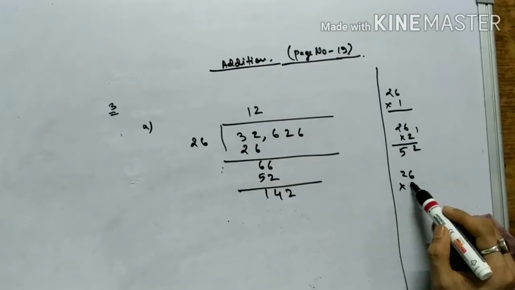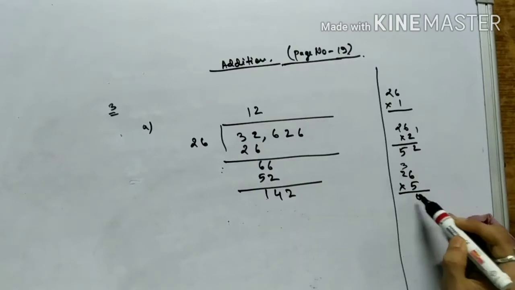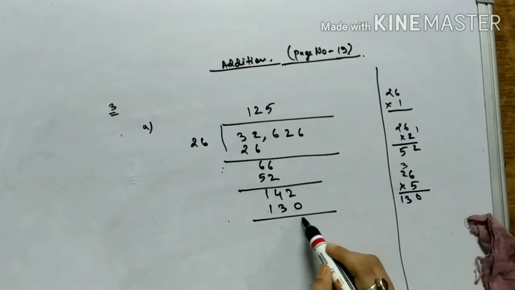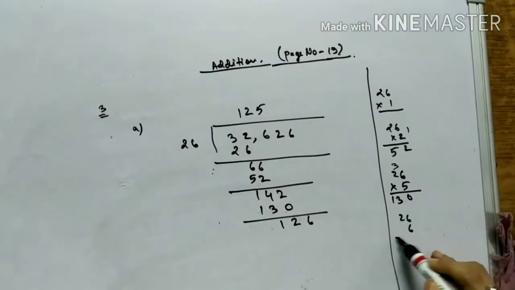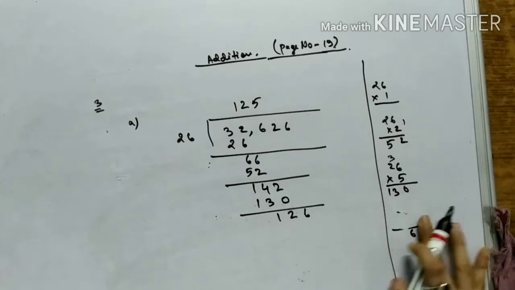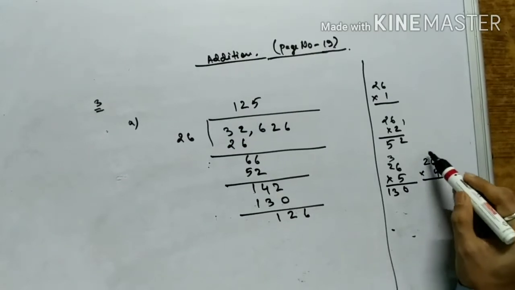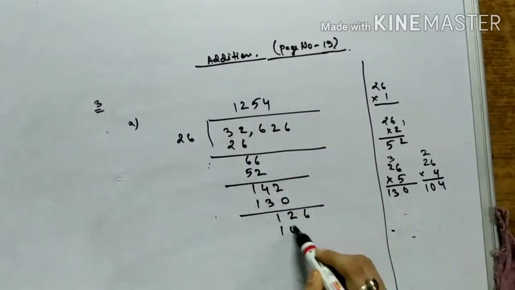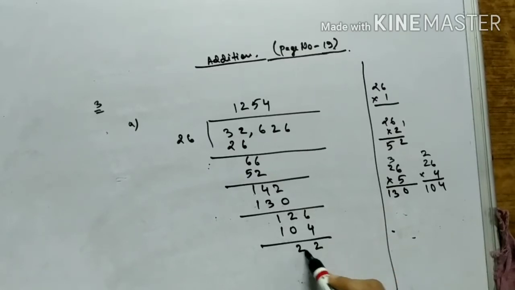into this one 3 4 4 5. Okay, 5 if I do, 5 6s are 30, 5 2s are 10, 130. So 26 5s are 130 I will get. Yes. And then again 6 will come down. Now 26 6s are, 6 6s are 36, 6 2s are 12. No, I am not getting in here. So 26 4s, 26 into 4, 6 4s are 24, 4 2s are 8, 10. So 26 4s are 104. 6 minus 4, I will get 2 here, and this one I will get 2.